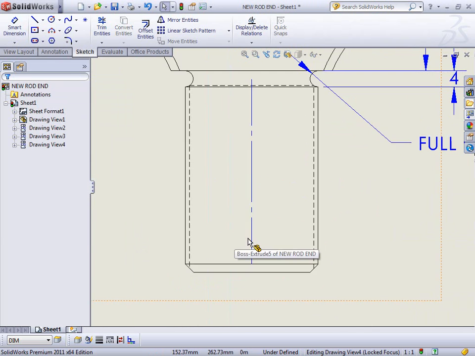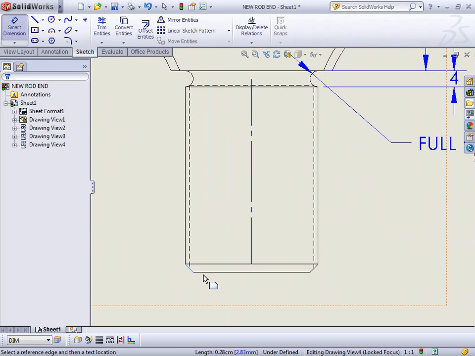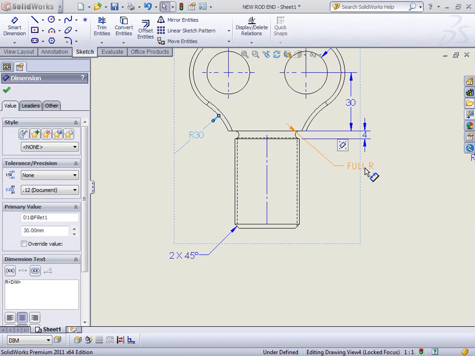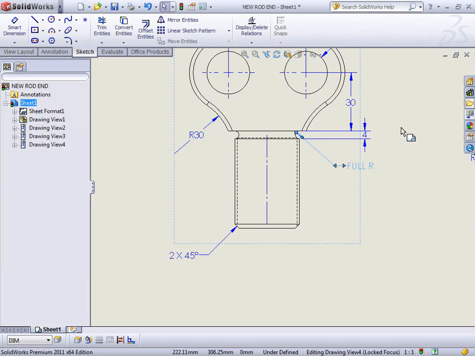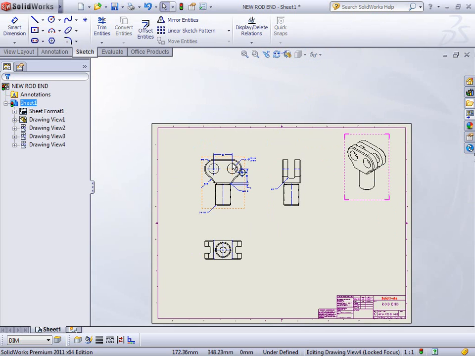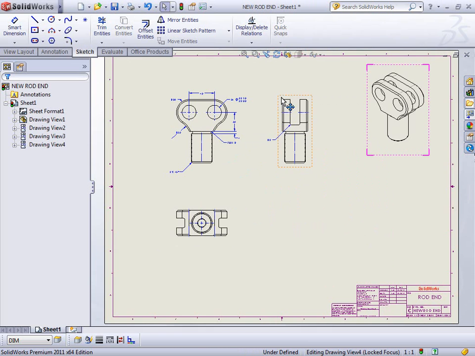Where did that go? Oops, I think I canceled it. Another way to do this is to, there we go. Let me pull this back in, change my arrowhead direction, just do a little bit of cleanup. There we go. So now if I want to edit this, I can directly edit the information in my model